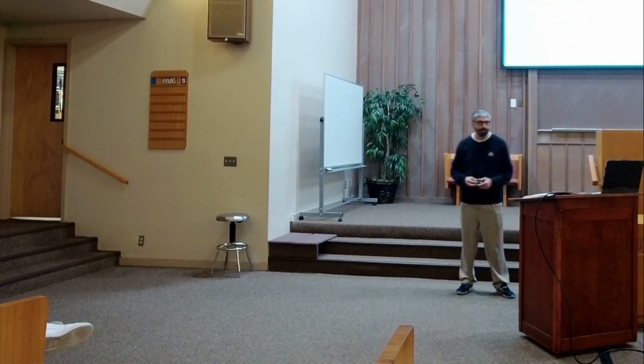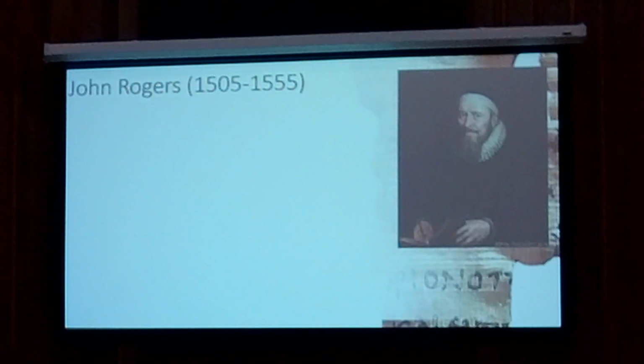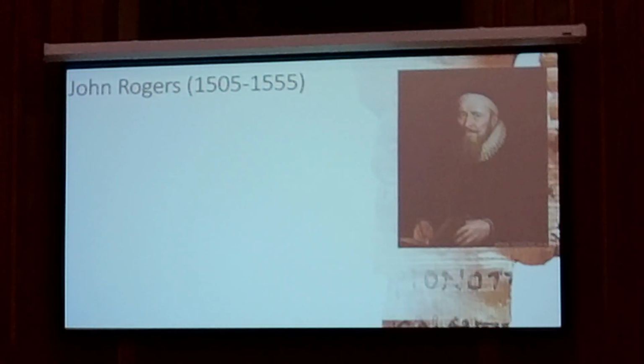All right, the next guy we want to talk about is this guy named John Rogers. And if you really know your stuff about the English Bible, then you'll know who this is. If you just kind of vaguely know, you're probably thinking, I don't remember there being a Rogers Bible. And you're right, there is not a Rogers Bible because he went under the pseudonym Thomas Matthew. He did not write under his own name. He used the pseudonym Thomas Matthew, and he is going to create what's known as the Matthew Bible, or the Matthews version. So the Matthew Bible,